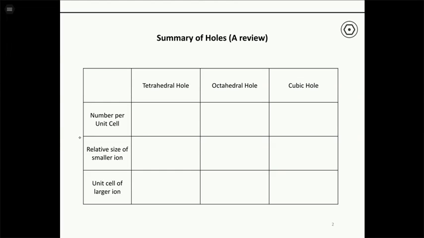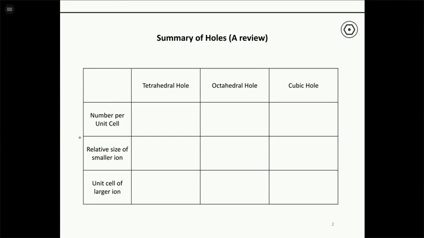And we defined the different types of holes and classified them, and there's 3 that we need to be familiar with. All right, so once again, I gave you a lot of details last time that were geared towards helping you understand this stuff, but really if you know the information on this table, that should allow you to approach the vast majority of the problems we would give you on these topics.